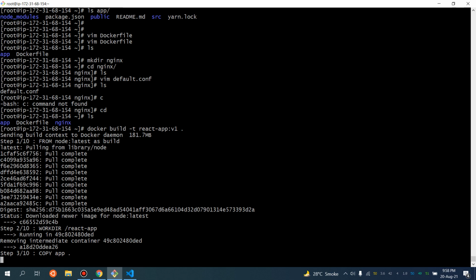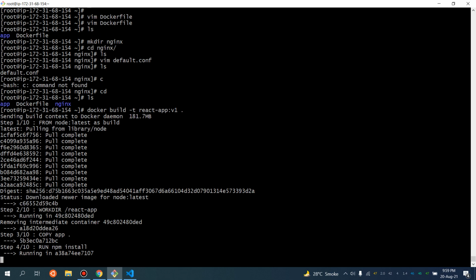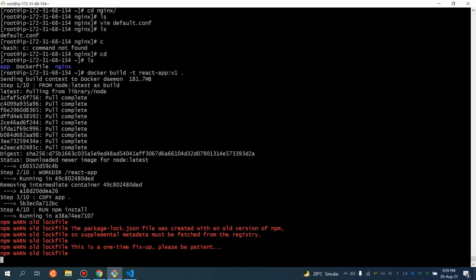and it is going to pull that image from our Docker Hub repository. So let it do that. The total steps are going to be 10, and you can see that we have already successfully completed the second step. In the third step, it is copying that app directory into our present working directory, which is the React app. So it is now copied, and we are now on the fourth step,